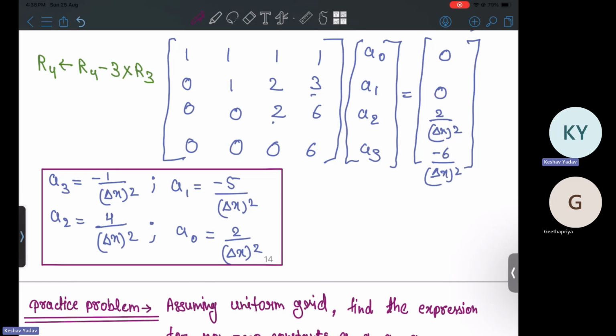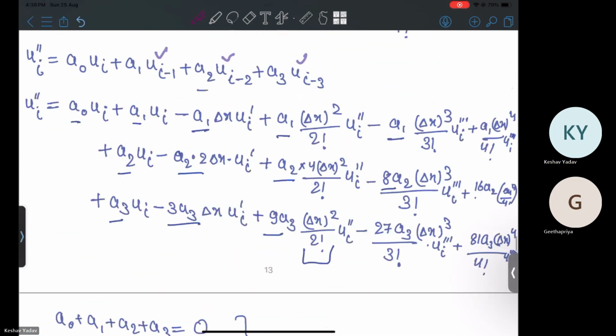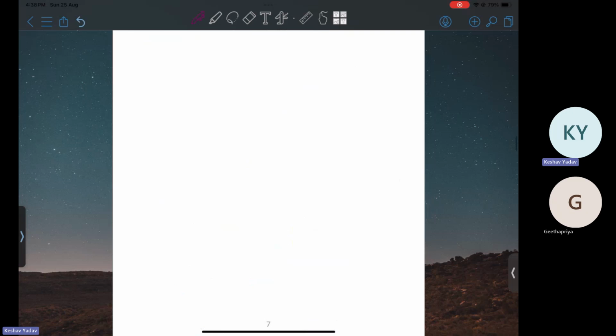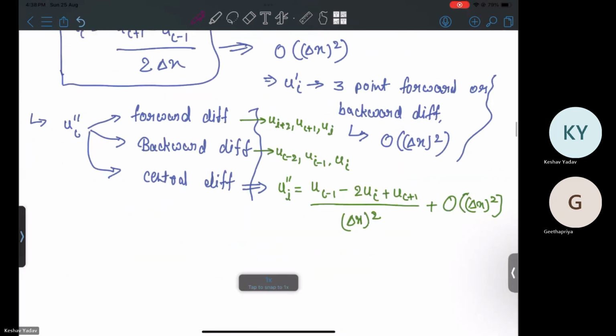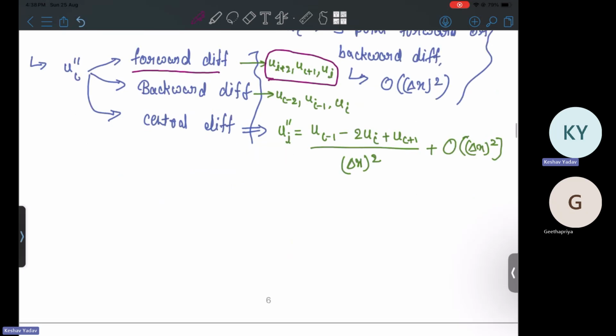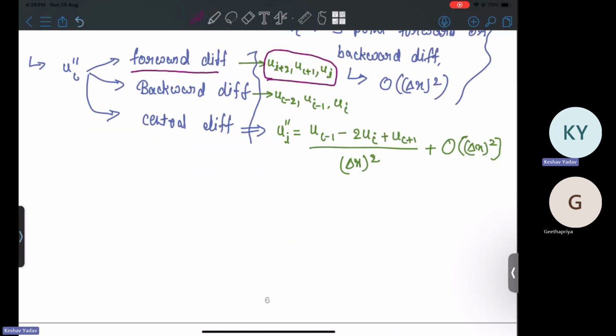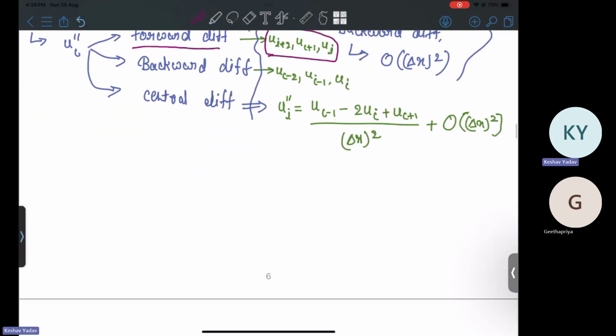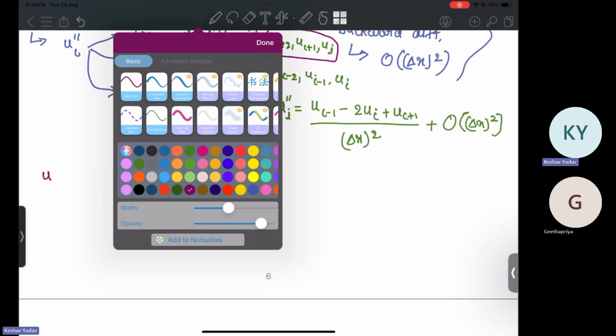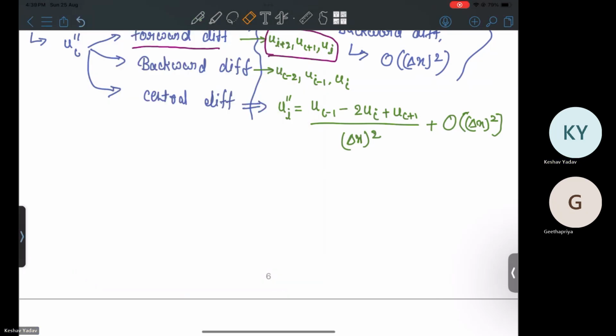Okay, so this is how you should solve this problem. For any problem, you can solve it this way. Suppose we have one problem where I want to find the second order derivative with forward difference. So you can simply assume here, if I add one page, it is already added. So you can directly assume, maybe I should select another color pen, you can directly assume